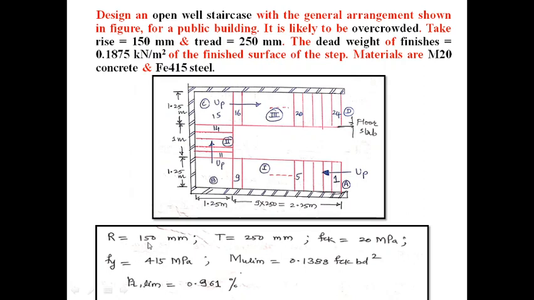So here riser given is 150 mm, tread is 250 mm, grade of concrete fck 20 megapascal, grade of steel fy 415 megapascal. Now we know that for Fe415 steel by limit state method, the Mu limiting, that is the limiting moment of resistance, is given as 0.138 fck b d square, where d is the effective depth and b is the width, which we consider normally as 1 meter, and pt limiting, that is the limiting percentage of steel or balanced percentage of steel, is 0.961% for M20 concrete and Fe415 steel. So moving further,